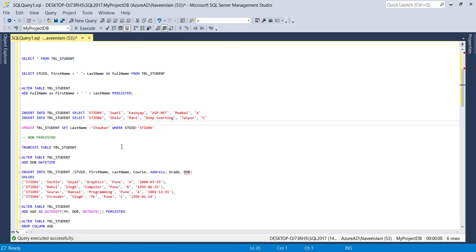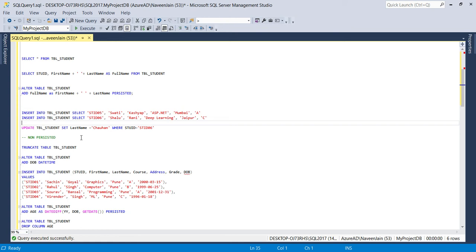Okay, so now let's discuss the persisted computed column and the non-persisted computed column. Persisted computed column stores the values as a physical value.